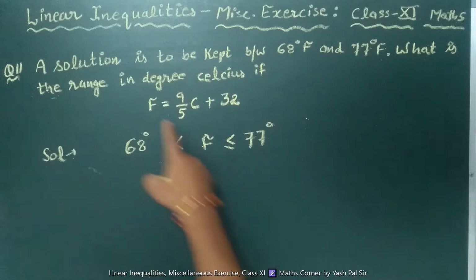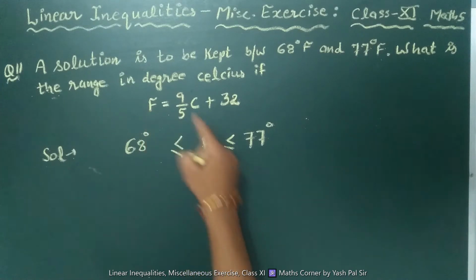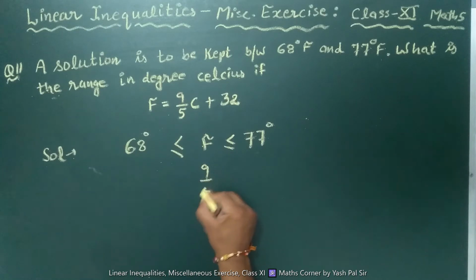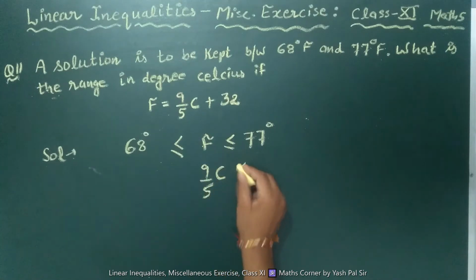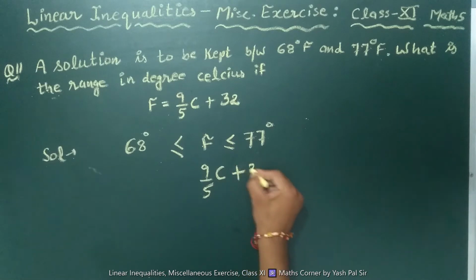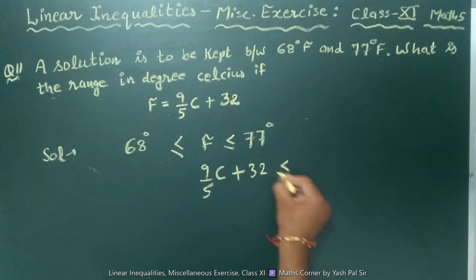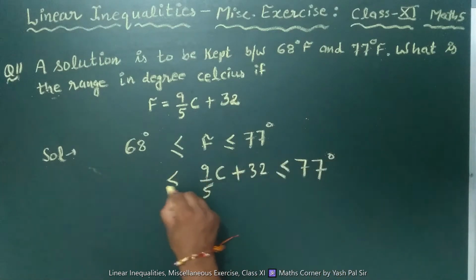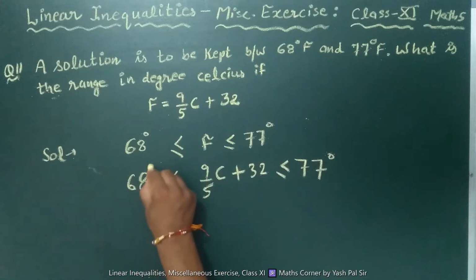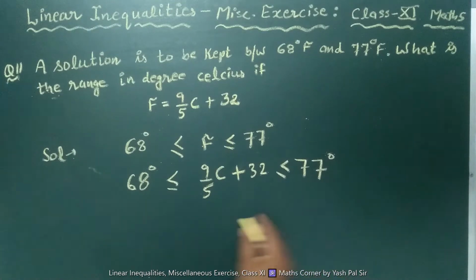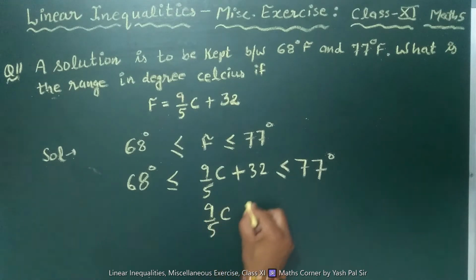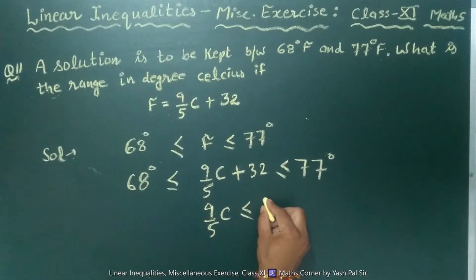So first of all, the value of F is 9 upon 5 C plus 32, which is less than or equal to 77 degree and greater than or equal to 68 degree, right? So this way 32 will go here. 9 upon 5 C is less than or equal to 77